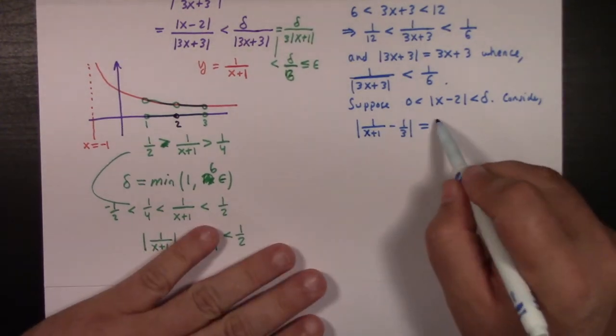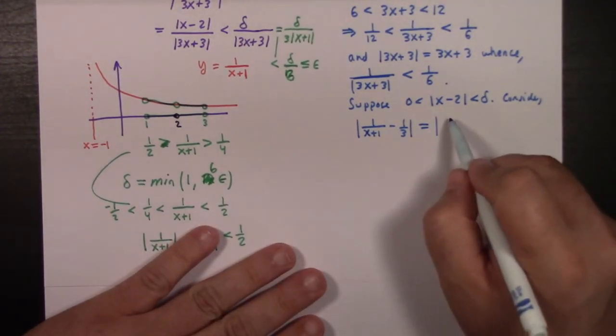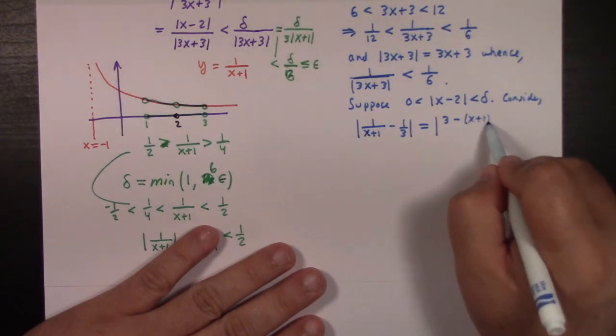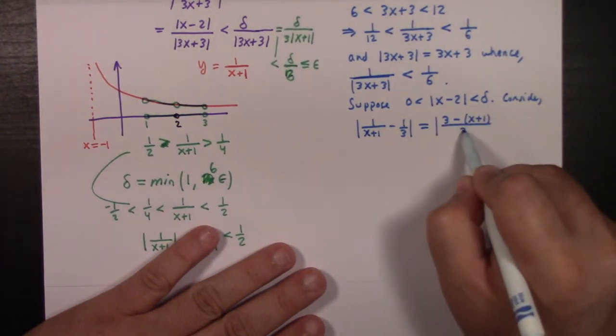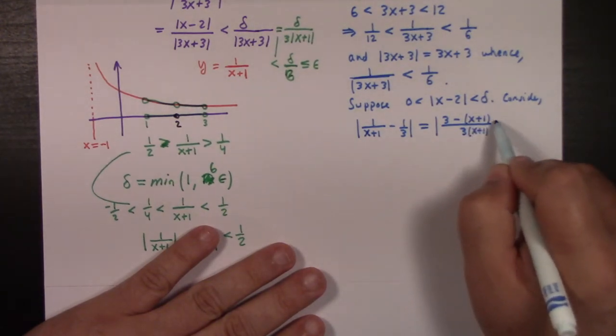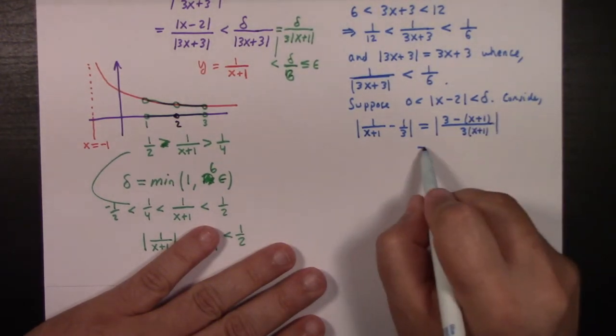Well, that's equal to the absolute value of 3 minus x plus 1 over 3 times x plus 1, which is equal to